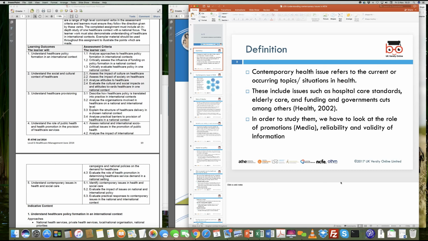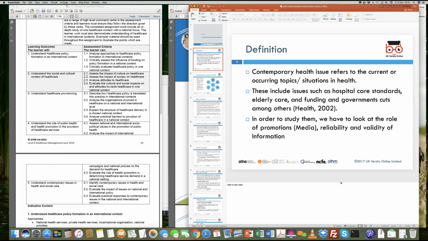So they will be called contemporary issues. Is that okay? Now, these issues include issues which we face in hospital care standards. It could be elderly care, people who are living in care homes, if they have issues in terms of standards that we are not able to provide, say, for example, clean beds, linen, and things like, for example, three meals or some sort of facilities which are required in elderly care homes, then would be classified as issues